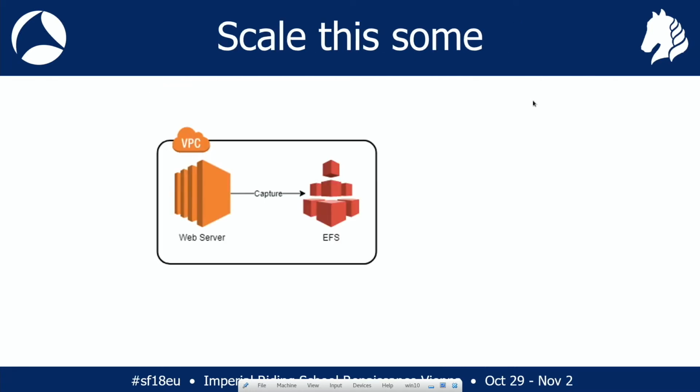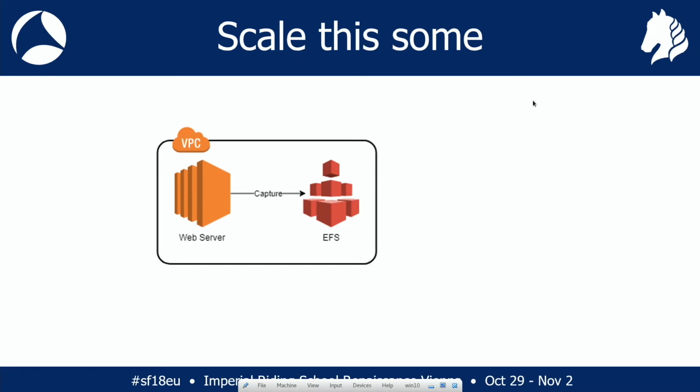So the next option is we want to scale that a bit. Rather than attaching block storage to our individual instances, we can use another service that is available here, which is EFS, which is Elastic File Storage. It exposes an NFS mount, and you can just mount that and capture to your heart's content, multiple servers all going to the same thing. When you mount it, it appears as an 8 exabyte drive, so you can capture as far as your wallet will take you, basically.